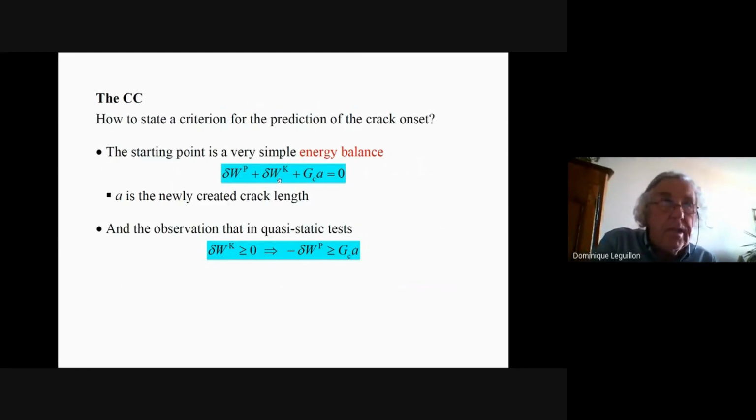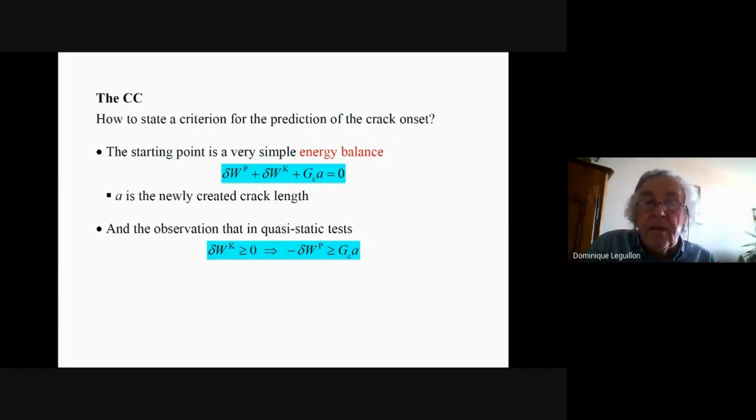There is no kinetic energy at the beginning. It could have kinetic energy at the end. So this is positive. And from this very rough inequality, you can derive immediately that the change in potential energy with the minus sign must be larger than GC A. And this is the energy condition that is used in